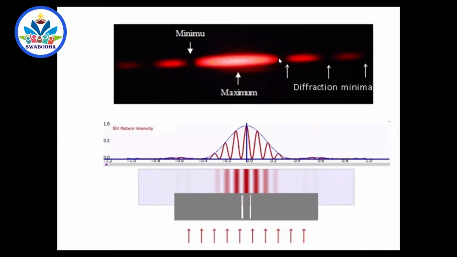Whereas you will get some bright spots on the other side also. You see here, a less bright spot, and this is called the central maxima. Central maxima is the one which is formed by the rays which move straight without any diffraction. This is a secondary maxima. The brightness of the secondary maximum is not as bright as the central one, because these are